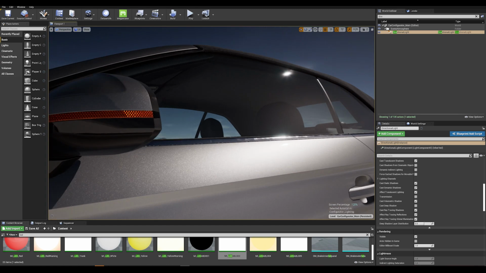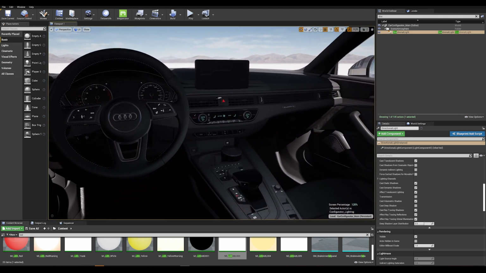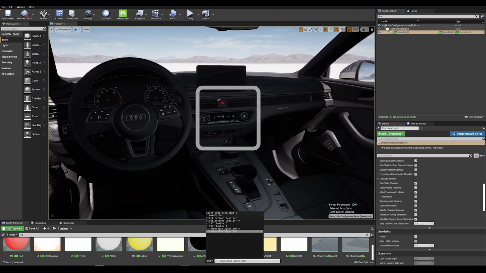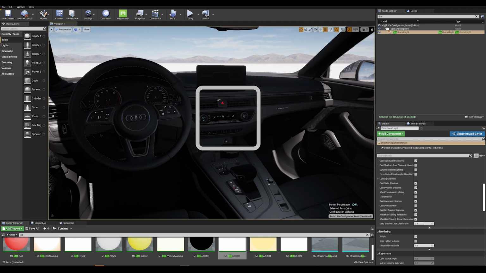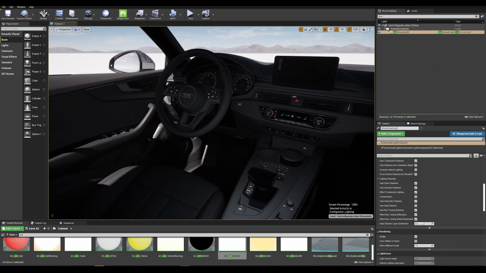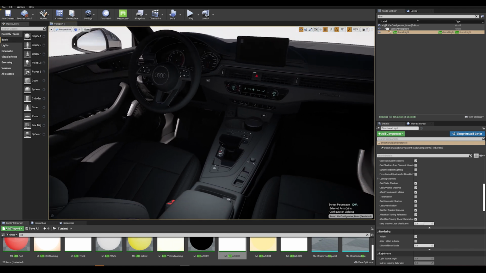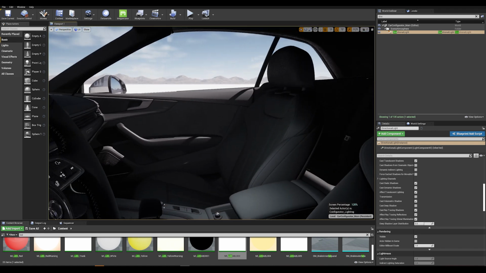But more specifically, more interesting in the interior of the car. If I change that back to 0, we can see on the console here that we're losing a bit of that crispness on the text. If I go back to 1, it's now much more clear. And it's a nice new feature of 4.26 that doesn't cost too much on the performance.